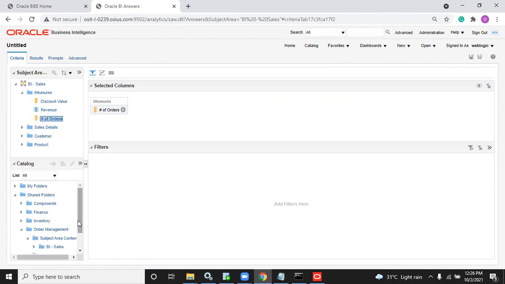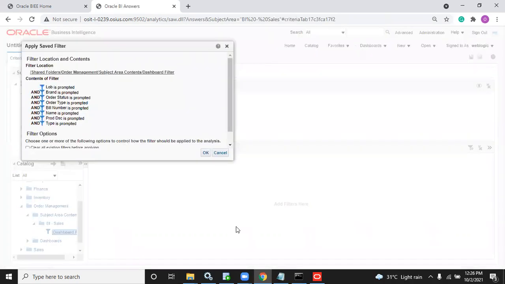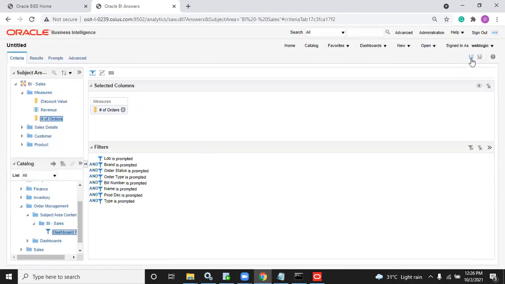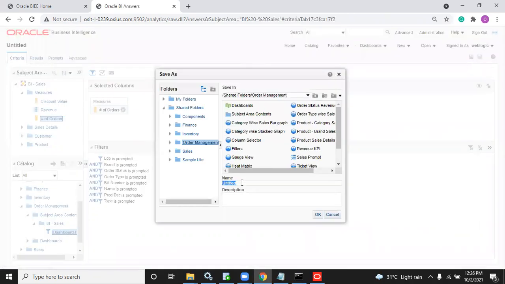So I have to select is prompted also. Clear? Maybe this is a report, same like this is a report. So whatever you selected, it has to filter, right? Orders KPI.